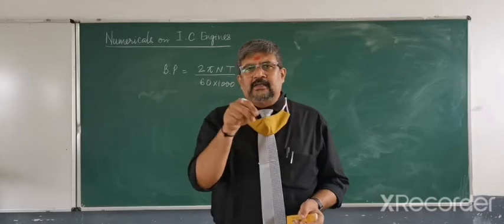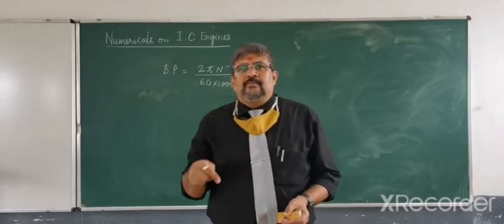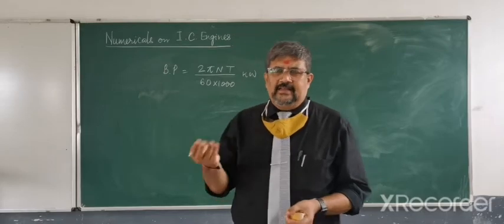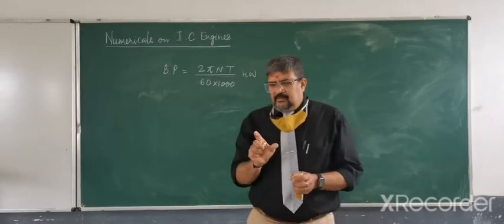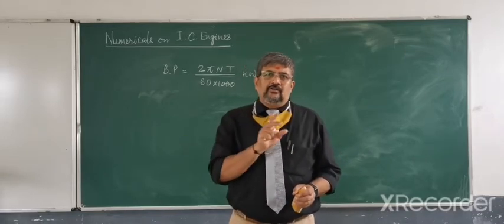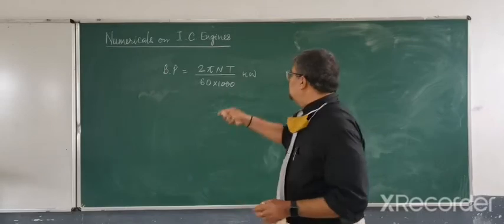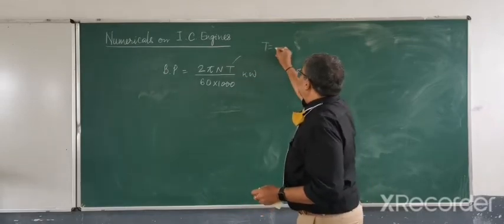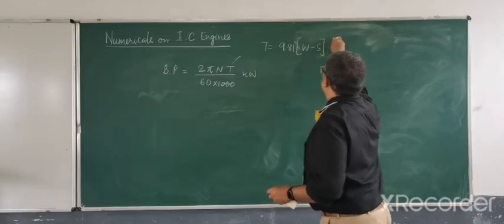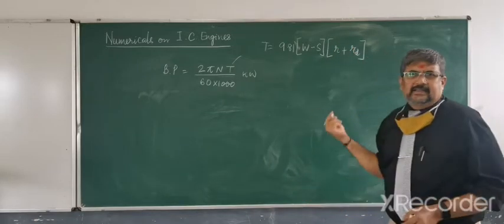So it will be W minus S multiplied by, inside the bracket, R plus the rope diameter. You can call it by any suffix. If the values of W and S are given in Newton, this equation holds good. But if the values of W and S are in kgs, then the equation for torque will be T equal to 9.81 multiplied by W minus S into R plus rope diameter. So I just write it like this.